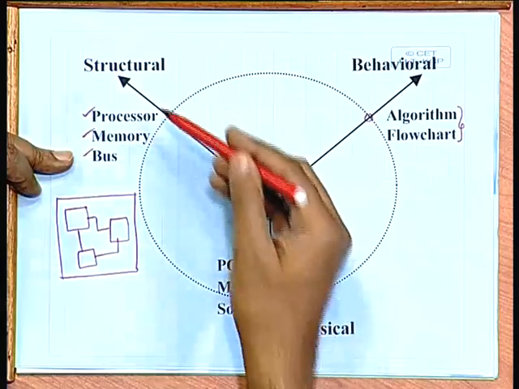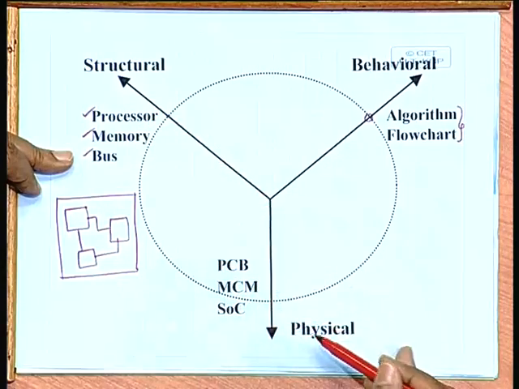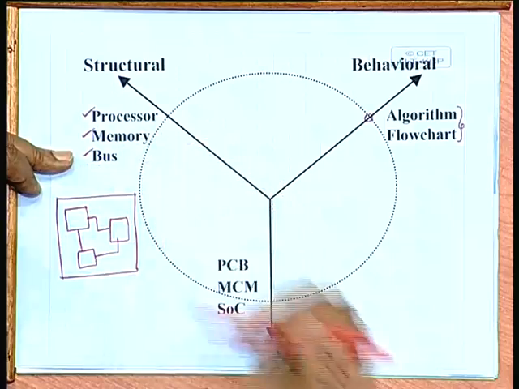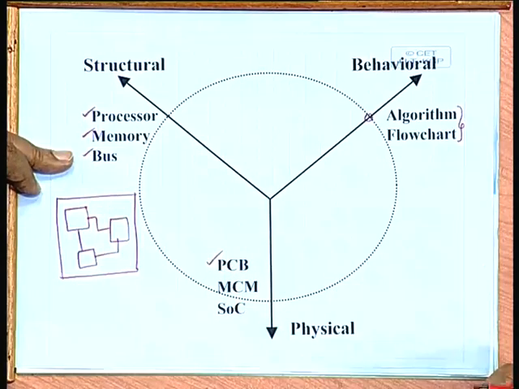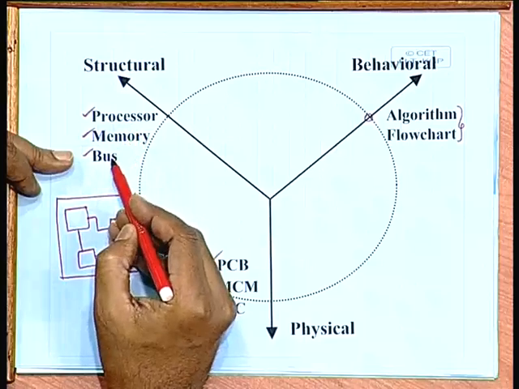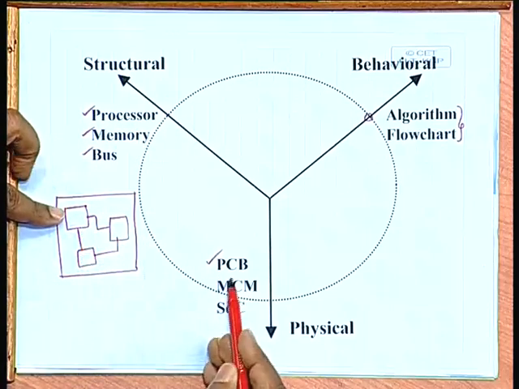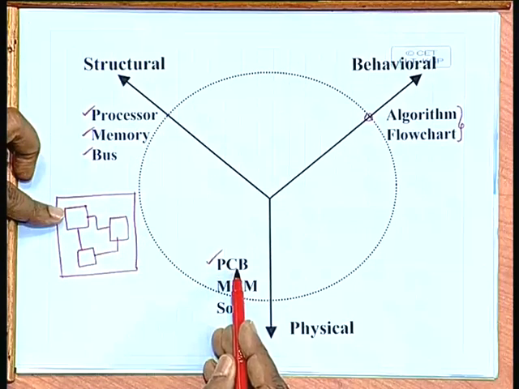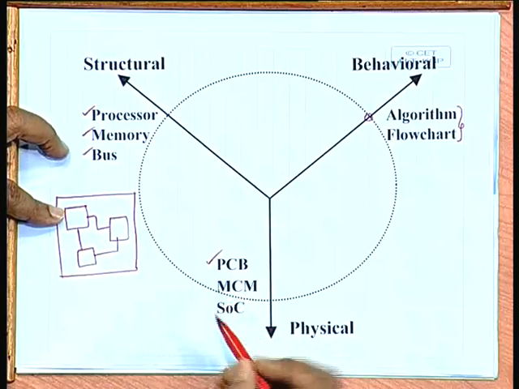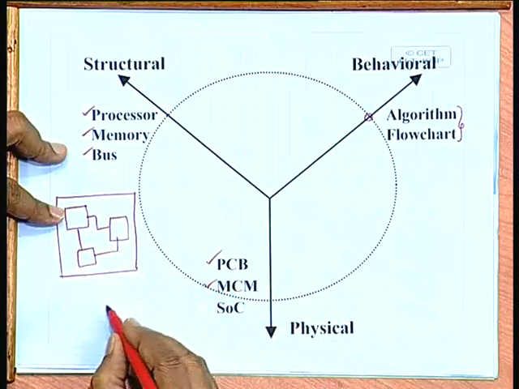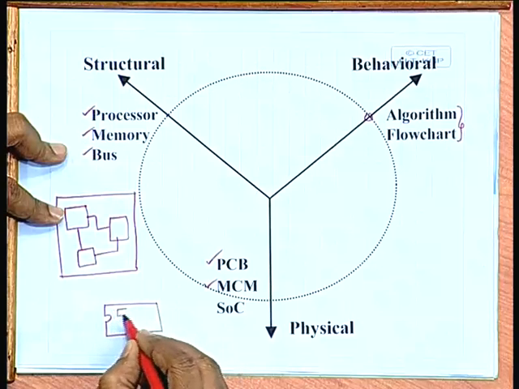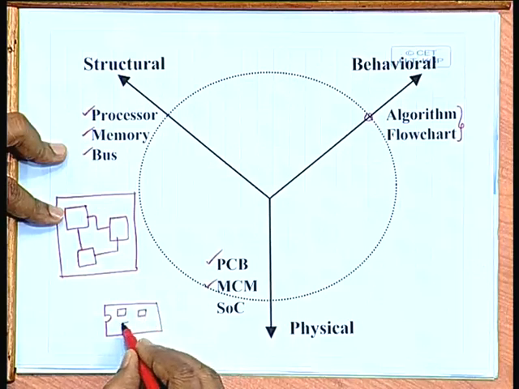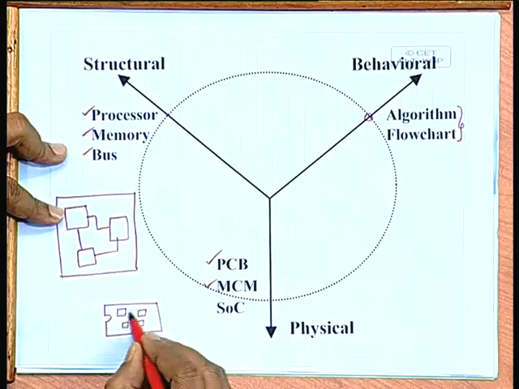And similarly, when we talk about the physical implementation of these, we are either talking about a printed circuit board, where each of these modules or cells will correspond to one VLSI chip, or we can talk of a multi-chip module, where inside the same integrated circuit we have several silicon wafers which are embedded on them